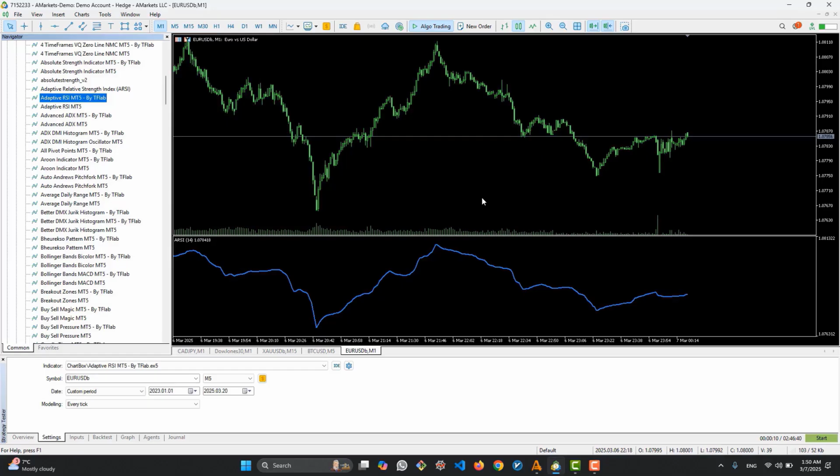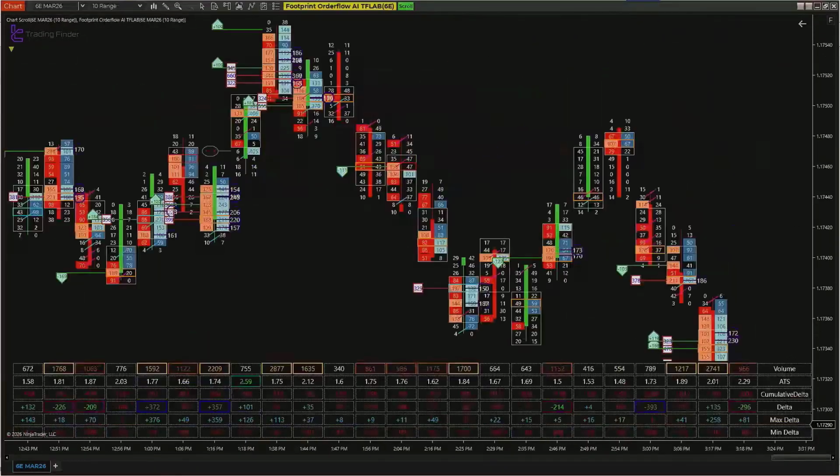This indicator is a price-matched version of the RSI indicator, meaning the vertical axis in this indicator is not like the RSI indicator, which is a number between 0 and 100, but here it has a number in the